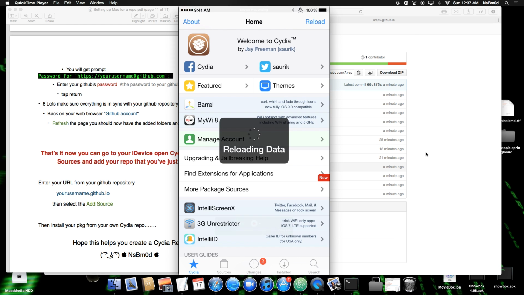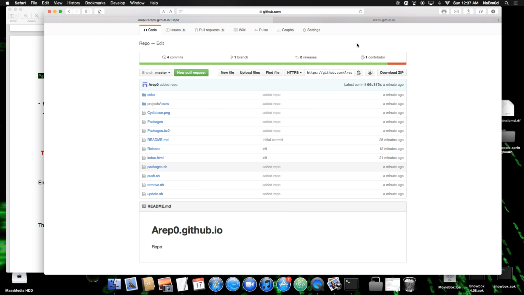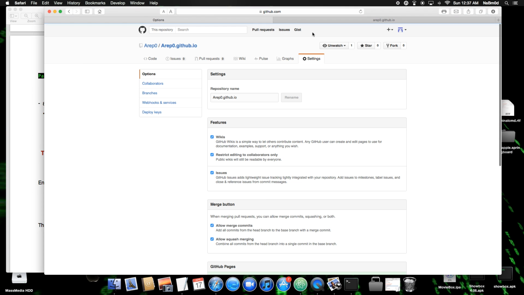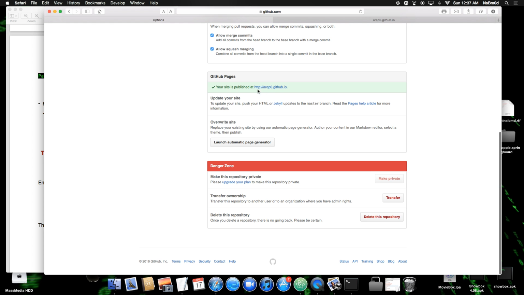And in case you forget what your link is, it's this link right here. So you're going to come back to your Cydia